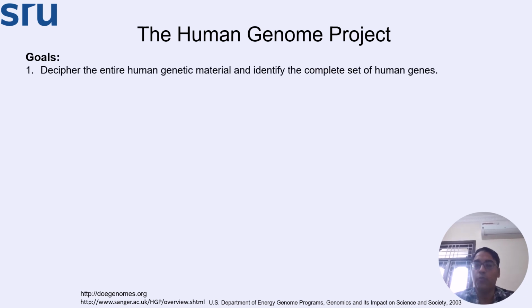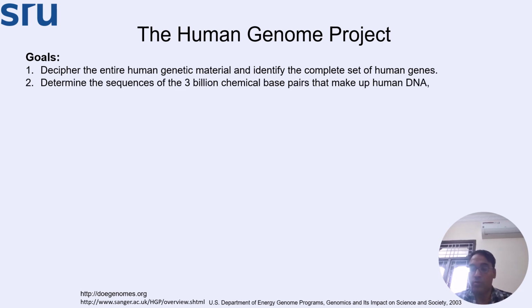See what it led to. Researchers decided the goals. In 2003, the first map, the first blueprint of the human genome, came up by the US Department of Energy. But it led to a series of experiments. We need to map different genes. What is the sequence of different genes? How to map the genomes of the entire human population? So determine the sequence of 3 billion base pairs.